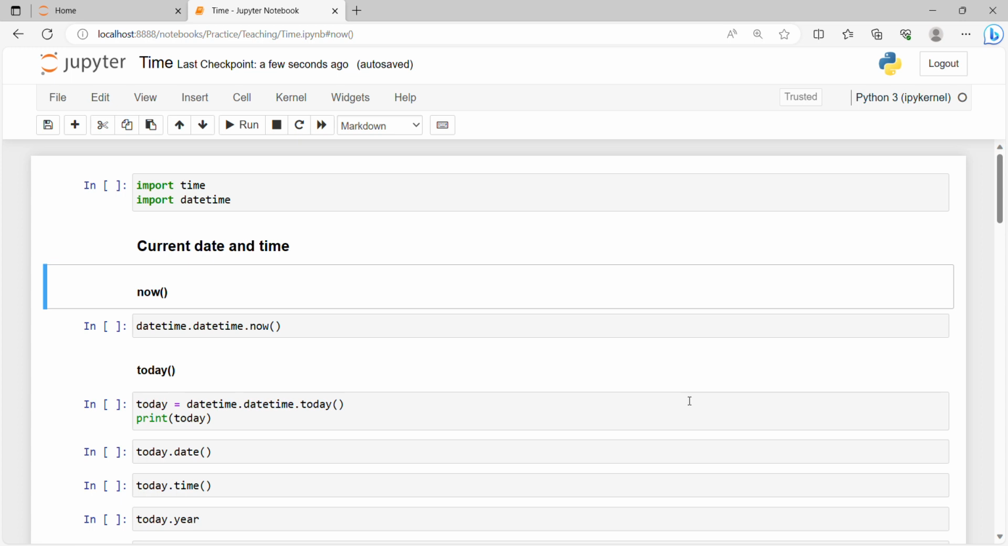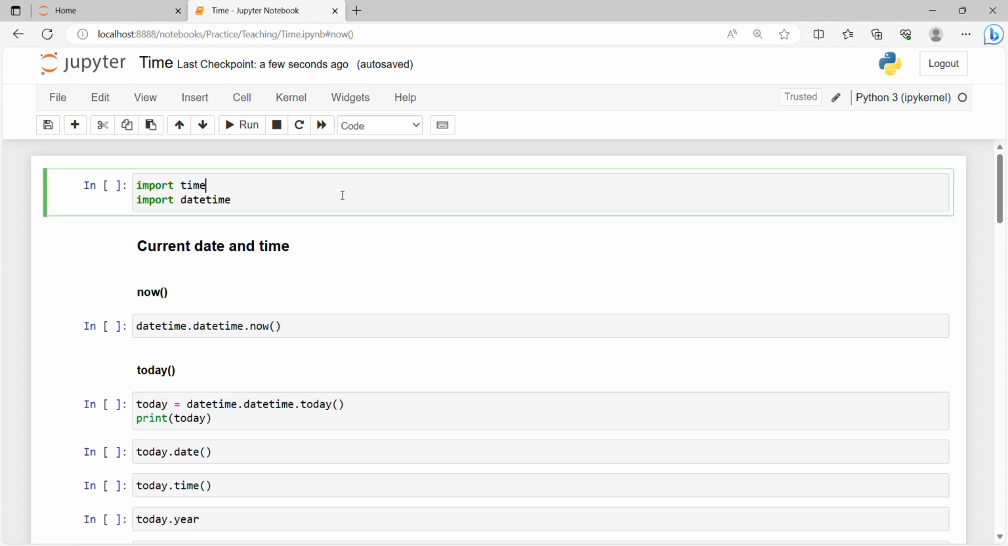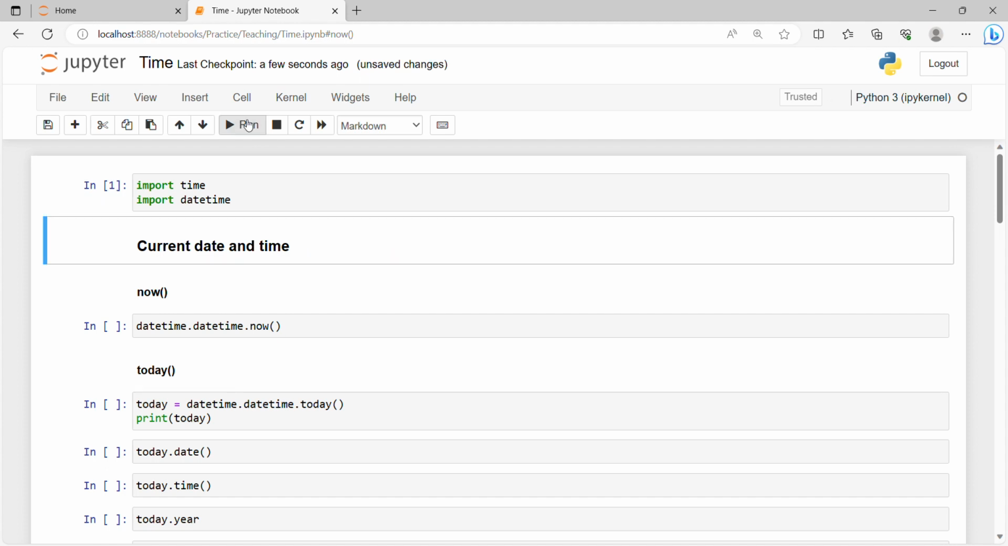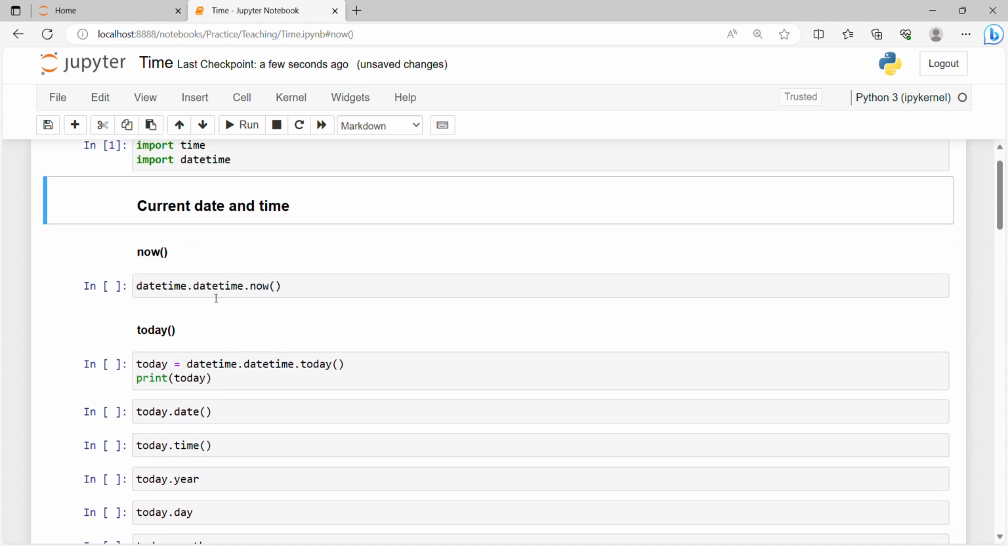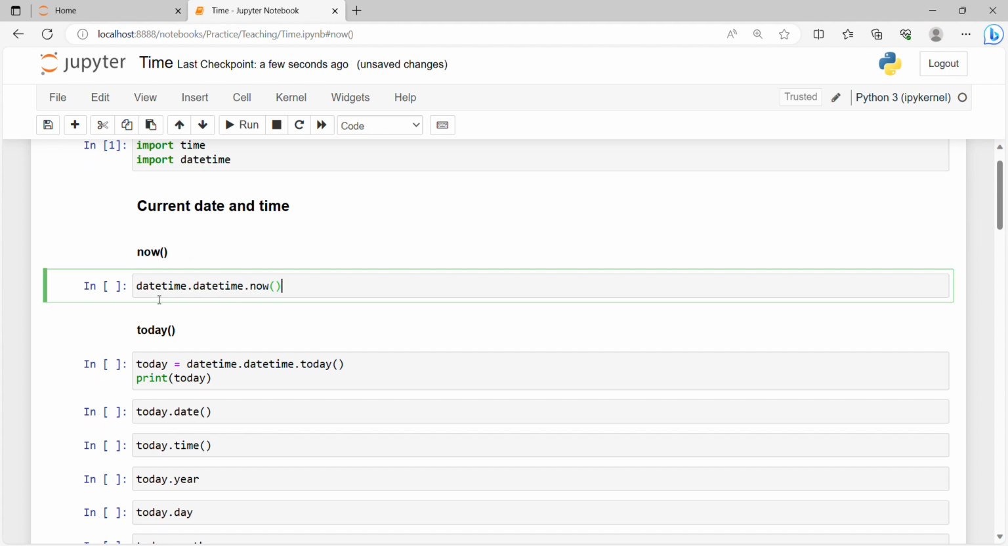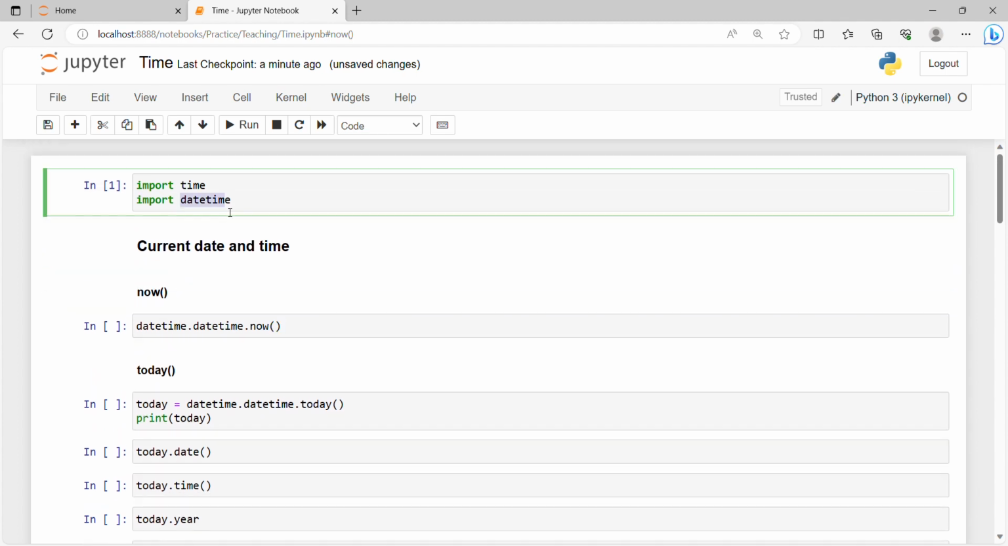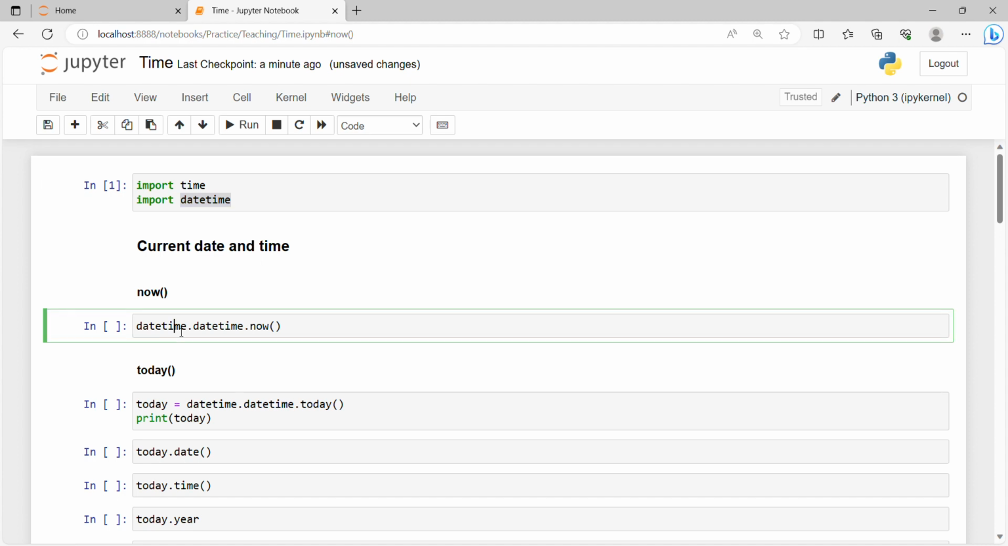Today we are learning a new topic. I'm going to explain time and datetime, how they work with the help of Python, and also the timedelta function. First of all, we have to import time and datetime. After that, we will check what the current date and time is. As we have already imported datetime, here we are using